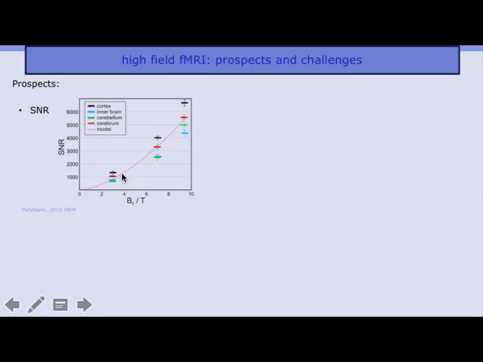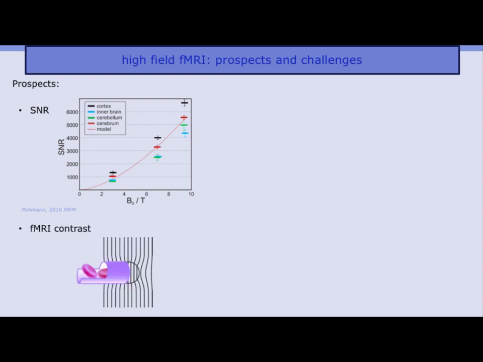And the reason why 7 Tesla and high field strength are so popular and more scanners are being installed is that the signal-to-noise ratio increases supralinearly with field strength. So in this example, you can see that going from 3 Tesla to 7 Tesla improves the signal-to-noise ratio in this FLASH example from 1,000 to above 3,000. And there are a lot of cool things you can do with this extra signal quality. And I think most people really trade it for high spatial resolutions. And additional to the improved signal quality at high field strength, also the contrast increases with field strength, as Peter already introduced on Monday. Especially susceptibility, like BOLD contrast methods, increase with field strength